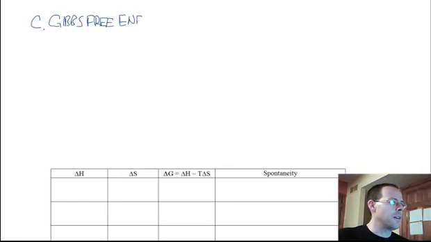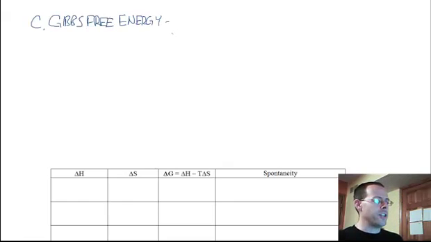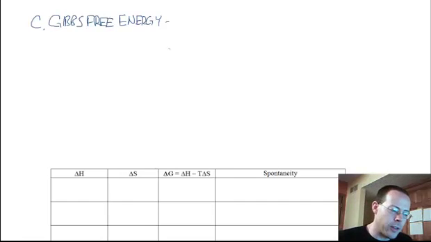Letter C is going to be Gibbs Free Energy. If you watch NCIS, I think it's a different Gibbs, but nevertheless, same last name. And Gibbs Free Energy is basically an energy that deals with any of the leftover energy from our delta H and delta S. So we might just define it as the energy,